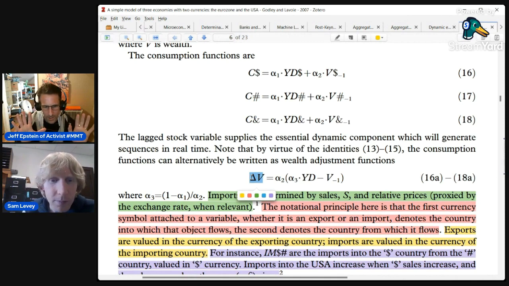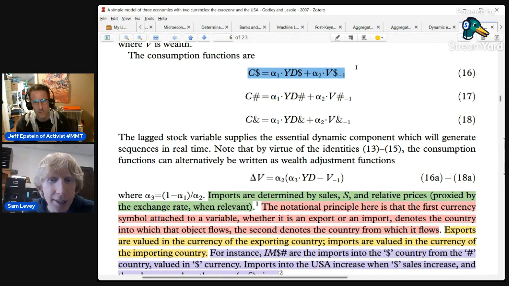Your propensity to consume is always a portion of your wealth or income. A proportion of something is always something. So how could that be 0? It's not that your consumption is 0. Your consumption is not going to be 0, but it's going to be equal to your disposable income so that your wealth doesn't change.